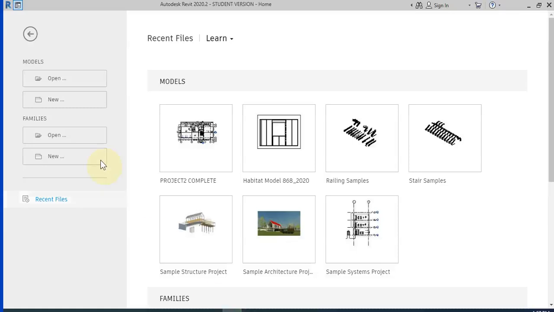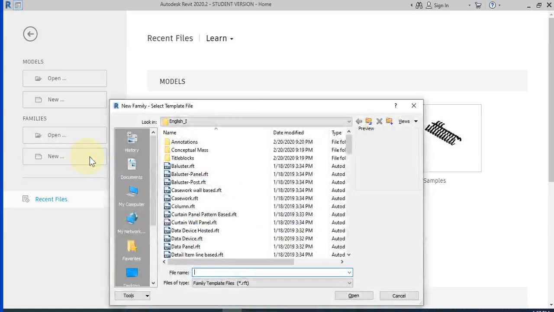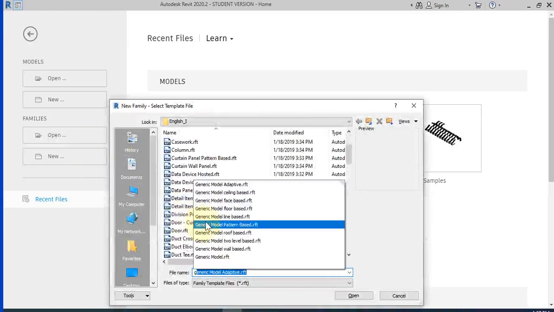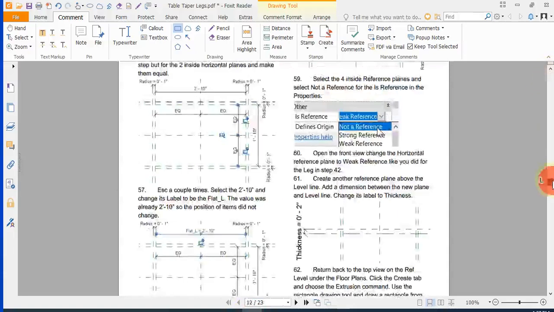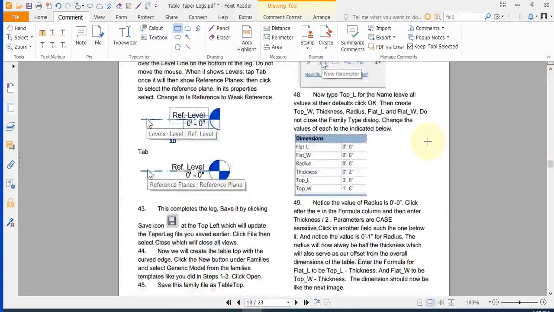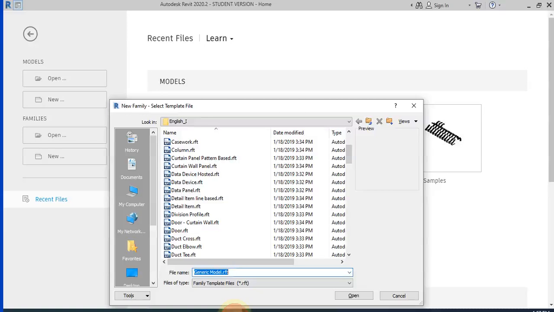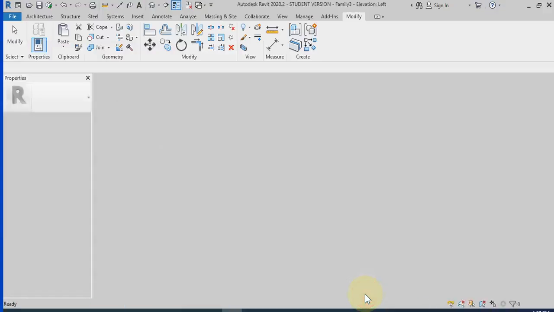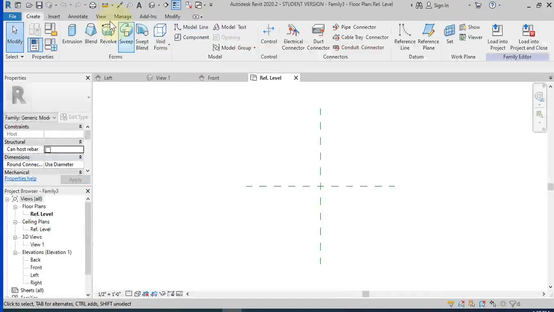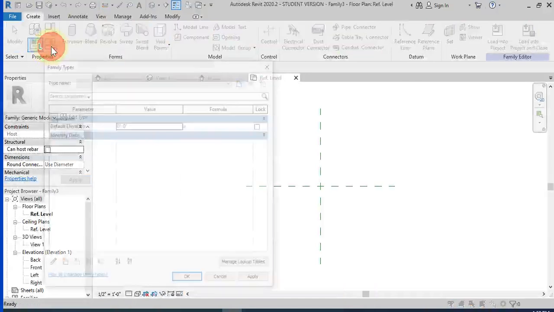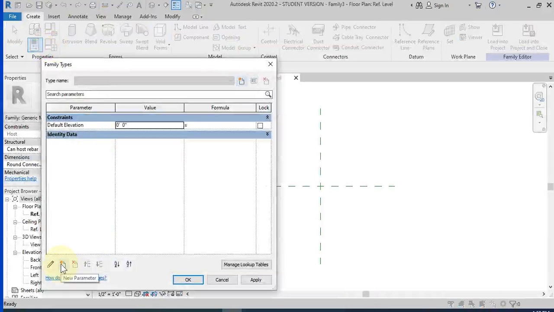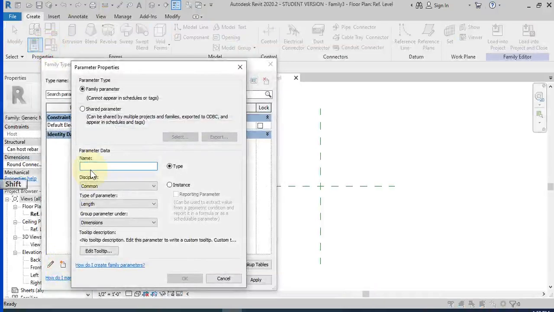So go back to Revit, create a new generic model. And we'll create the parameters: the flat length, width, radius, thickness, top length, and top width. So I'm going to go to the Family Types button, create the new parameter, and let's type in